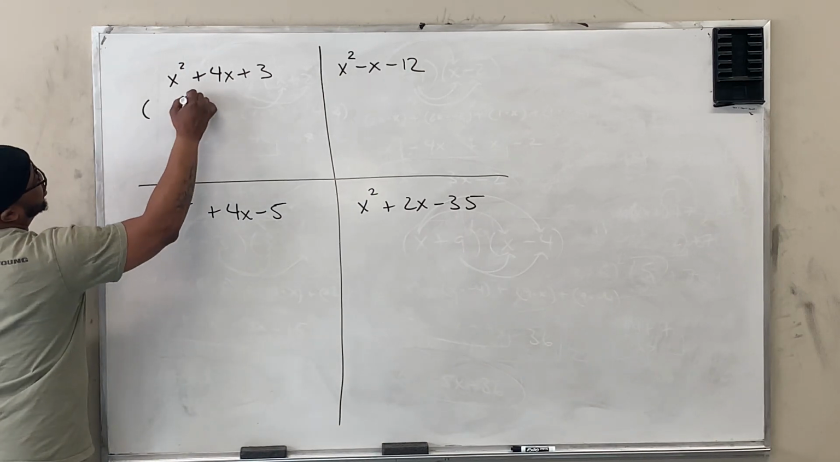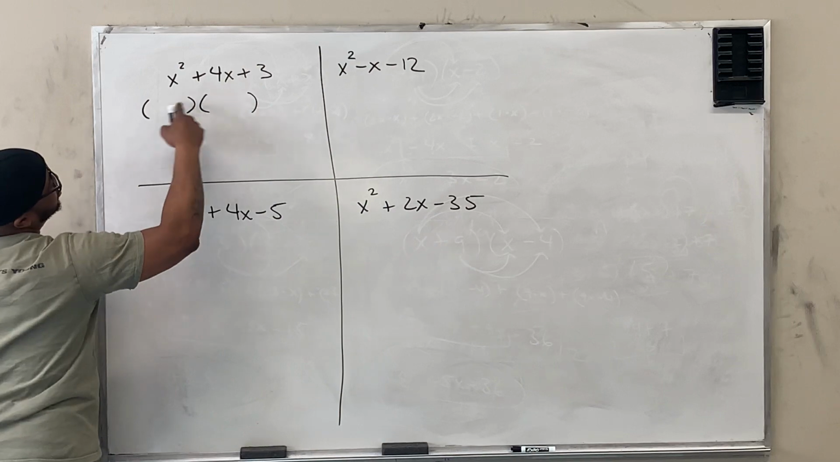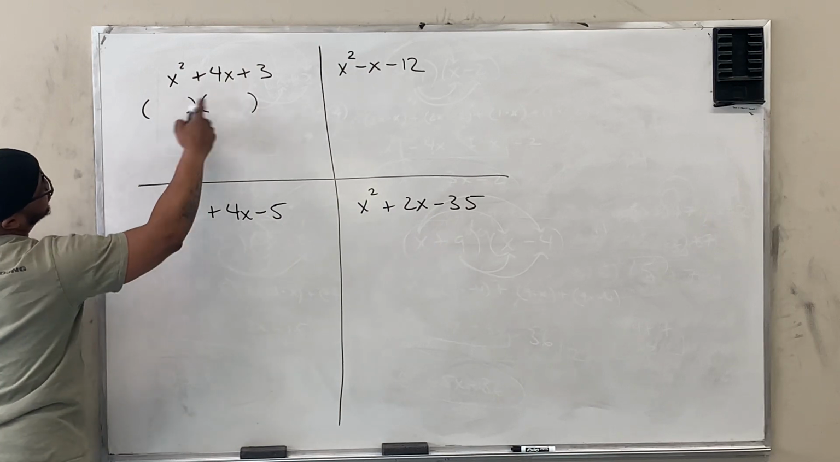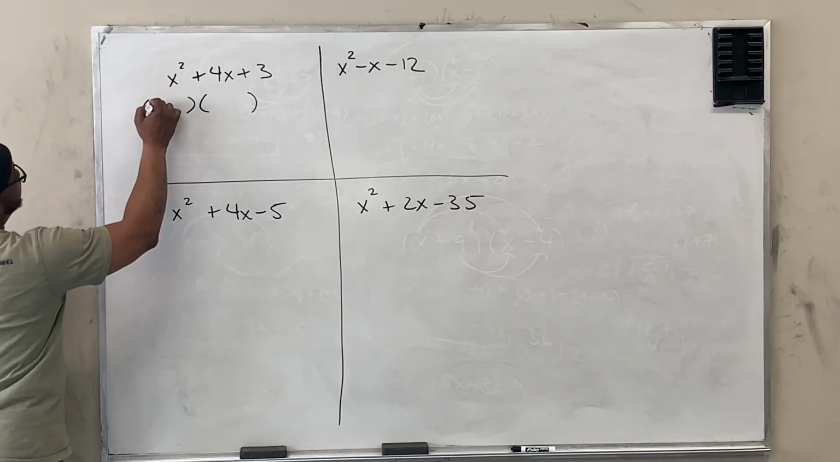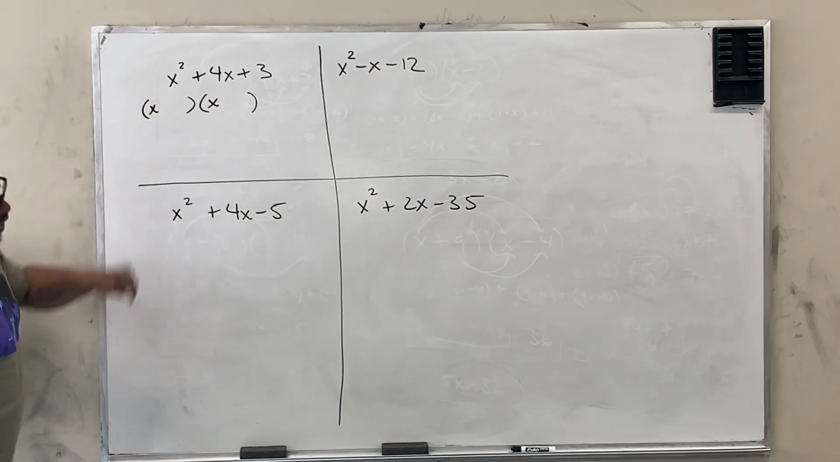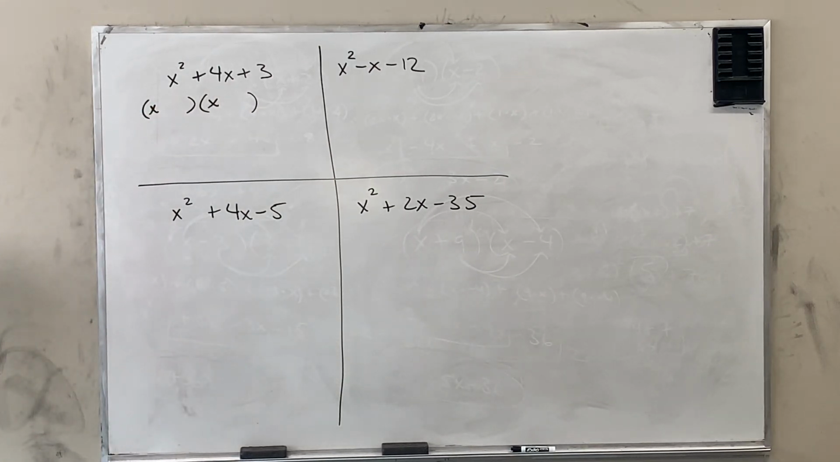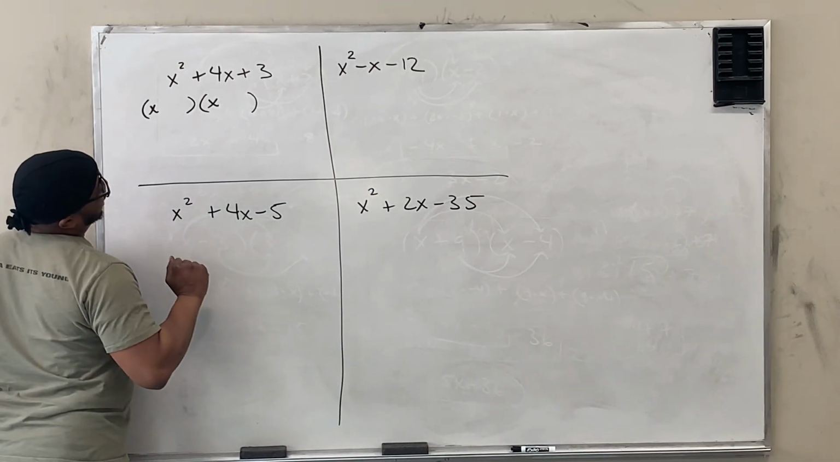So first, I'm gonna put these two parentheses. We're gonna wanna change this into two binomials, okay? So basically two factors. We have x squared plus 4x plus 3. So first thing you want to do, you always want to put your x's here because x times x gives you x squared. Now, here is where I say we need to find two numbers that multiply to give us